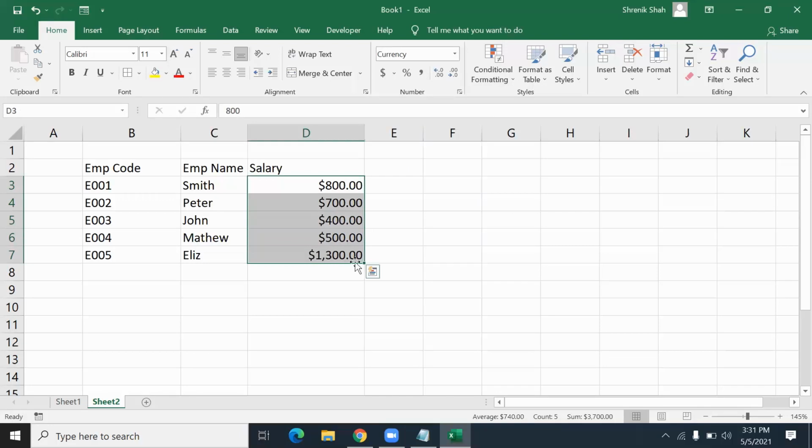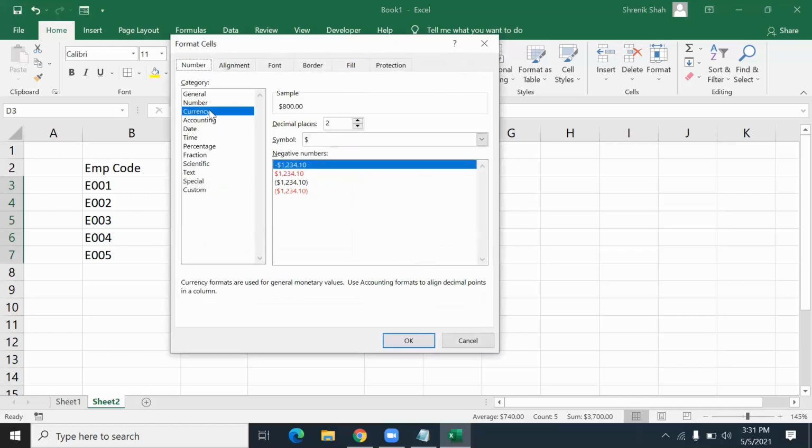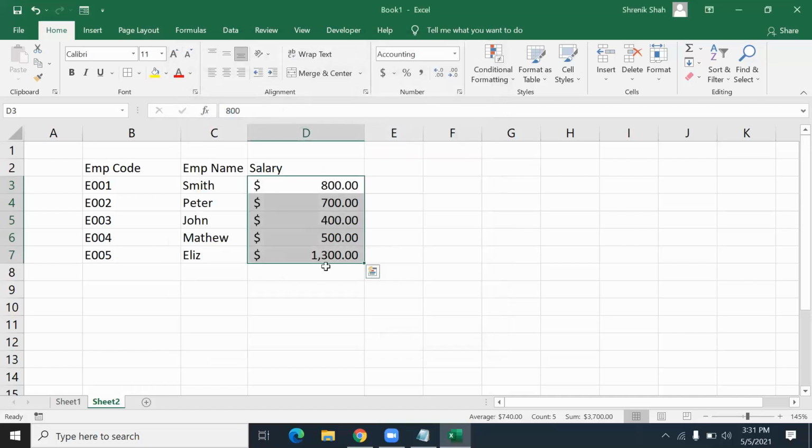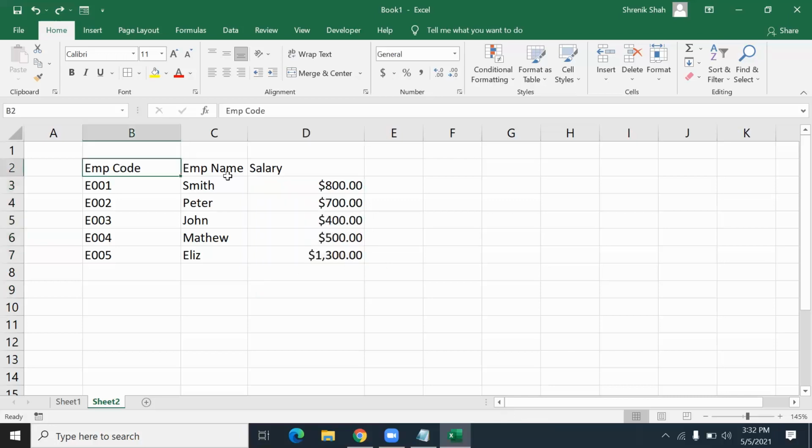You can apply currency formats in two different types. This is one currency format. Like this, if you press Control 1, instead of currency you can go for accounting, and there also you will find the same symbol. If you click OK, it shows the dollar symbol aligned to the left side and the amount aligned to the right side. So you have a choice: you can select accounting or currency. I suggest how to choose: if you have calculations in the cell, you select accounting. If it's a plain value, you select the currency symbol. So I select the currency symbol here. Now this table is ready.